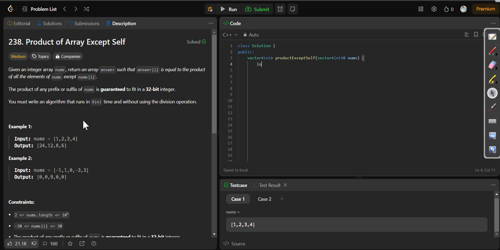First we will take long, so that it does not exceed the int value range. So we will take long mul, let's suppose, equal to 1. First we will iterate the whole loop to multiply all the values. int i is equal to 0, i is less than